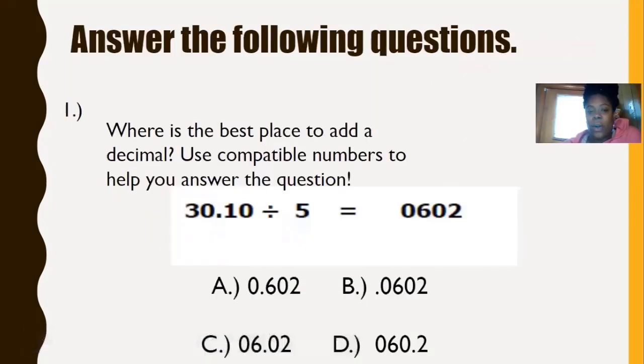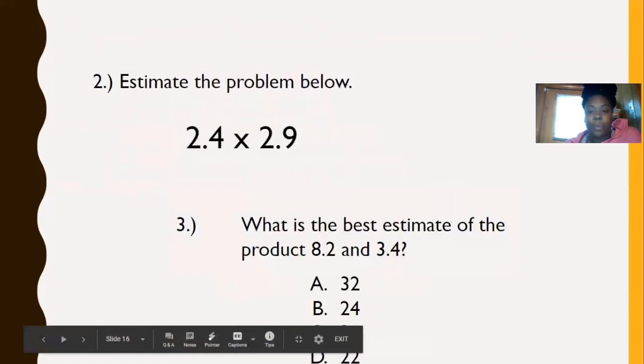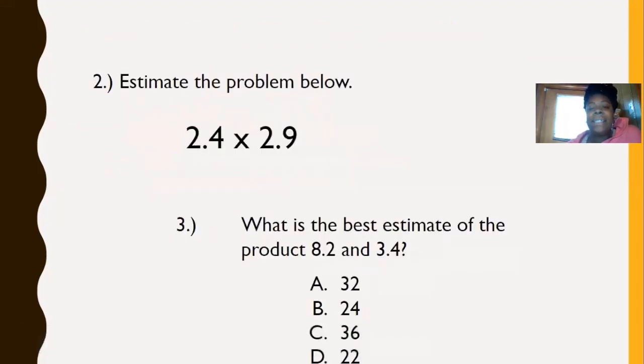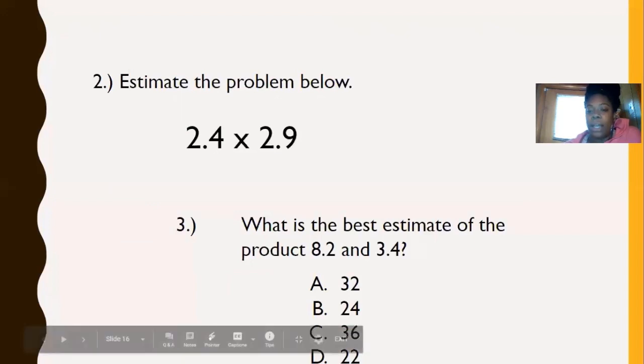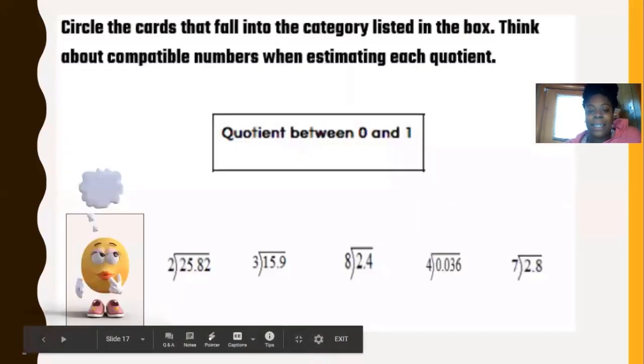Here's your first question. Where is the best place to add a decimal? We talked about this a lot in the beginning of the lesson. So now your job is to figure out where you think the decimal should go in the quotient provided. Please use compatible numbers to help you answer this question. Number 2, estimate the problem below. You're solving to figure out what's the best answer for this problem. Number 3, what is the best estimate of the product 8 2/10 and 3 4/10? And last but not least,